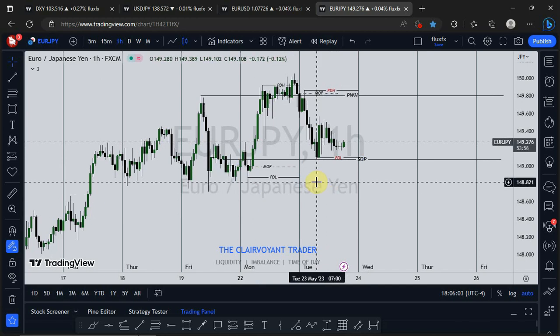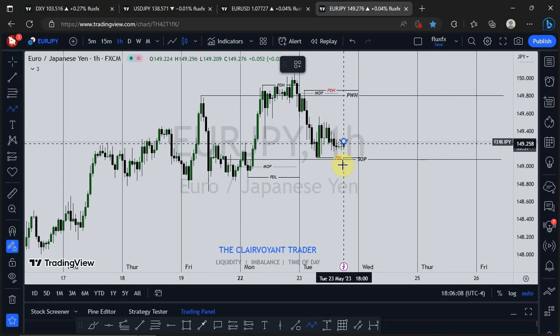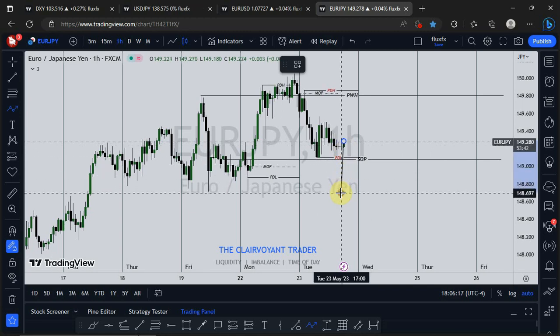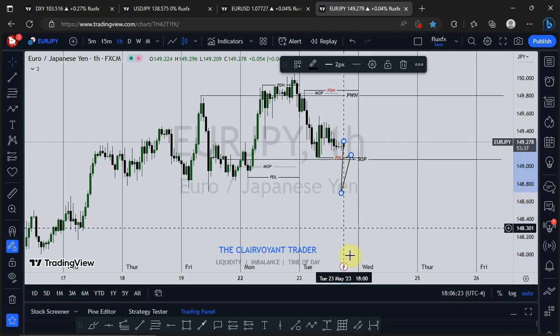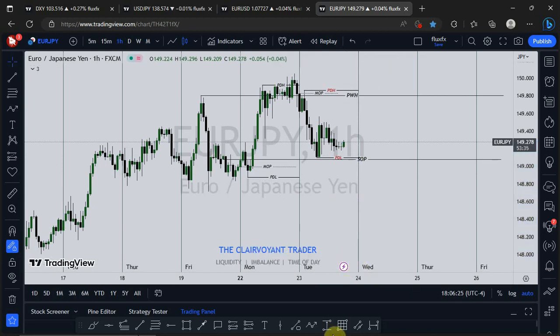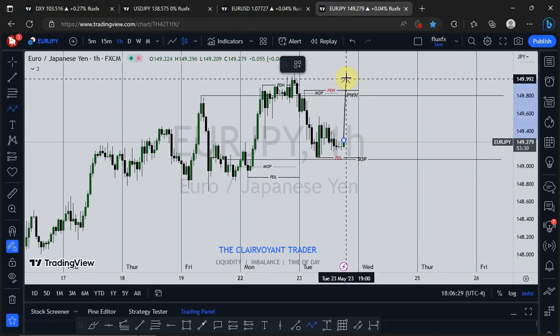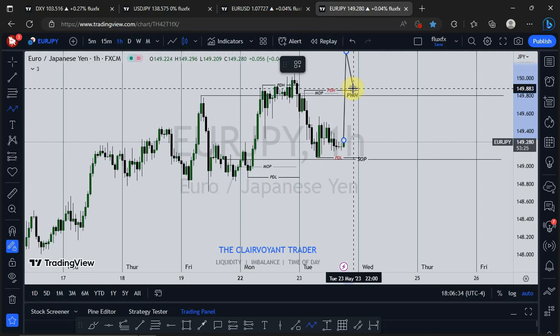At this point, if price should move to the downside, if I see price breaking this low with speed, I'll expect price to retest this zone, then we see a continuation to the downside. If on the other hand price should break the previous day's high with speed, I'll expect to see price come back to that zone, retest it, and then we see a continuation to the downside.